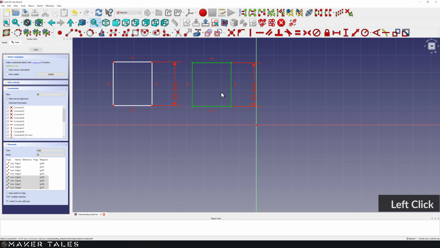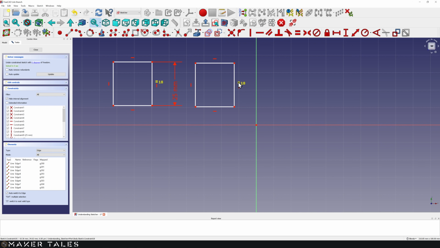Surely that's a clone of what you just created. It is, but at the same time, you'll understand right now what I mean. Let's delete what we've just created there, select this, and now let's click the clone. So again, we get this nice line. Let's do a left click, but now there's no dimensional constraint. What on earth is going on? Now, this is because I haven't explained all the constraints just yet.